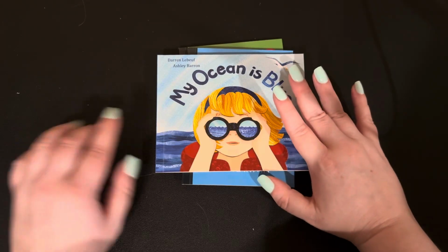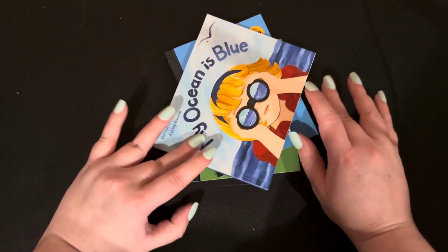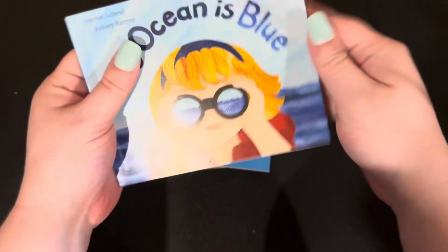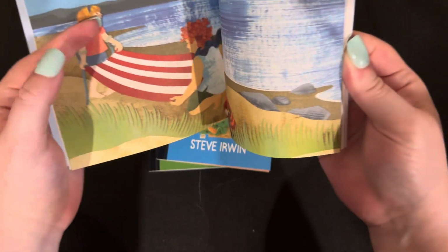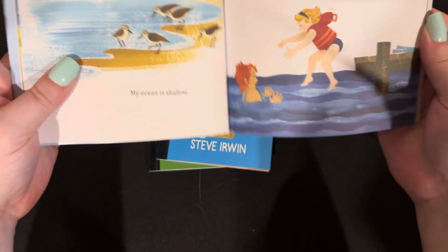But all that to say, I'm impressed with these books. I will bring them in to my classroom. Sometimes, like this one, at first when it started, I was like, oh, this is so repetitive. And if you know anything about the science of reading, like, my ocean is big, my ocean is small, my ocean is